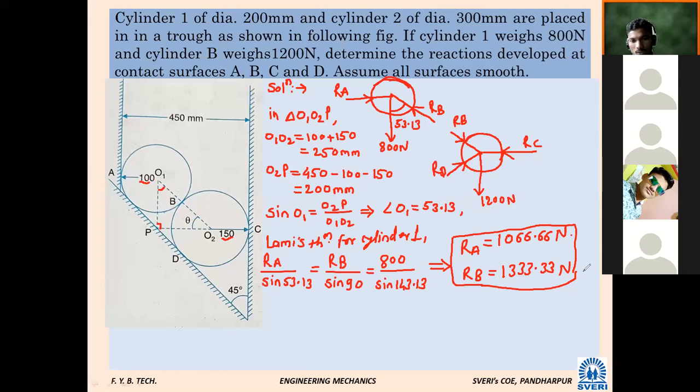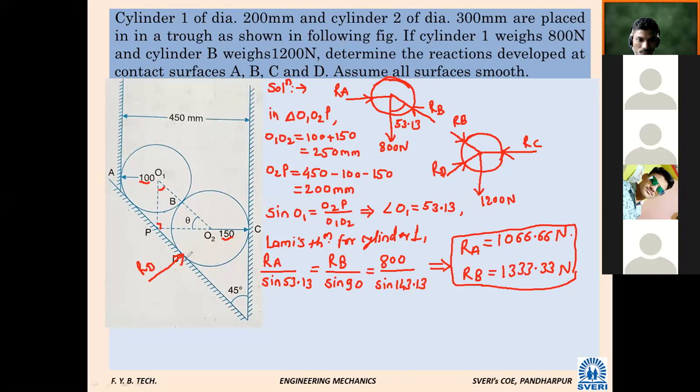Is it possible to calculate? See this figure carefully now. Only 2 angles we want to find, then our problem is almost over. So see the question figure and tell me. If I show this diagram like this, RD like this, here there is RD. So what will be the angle made by this reaction, with either horizontal or vertical?